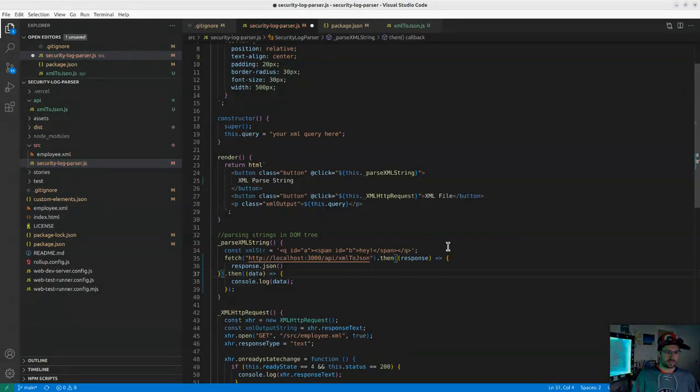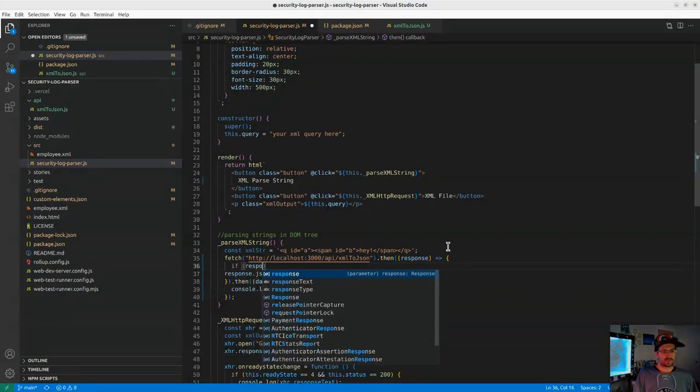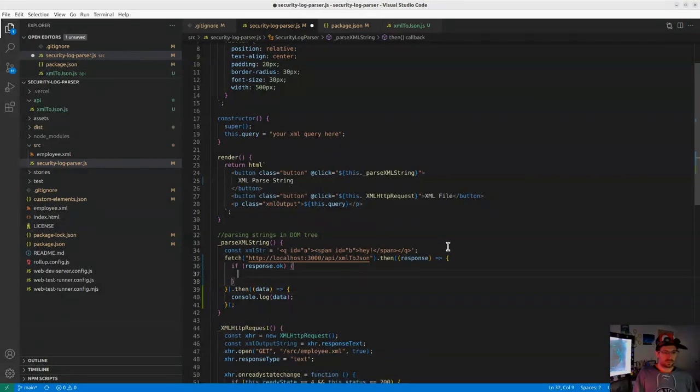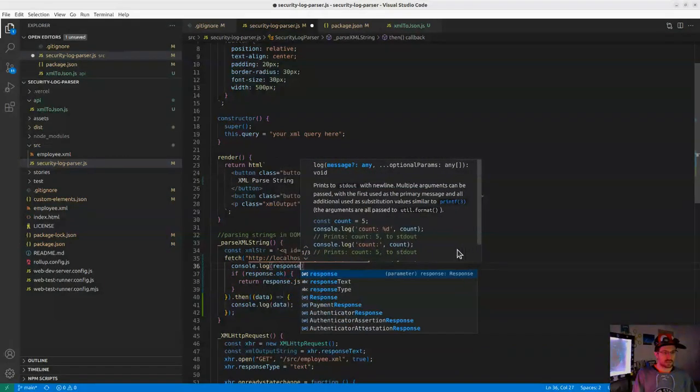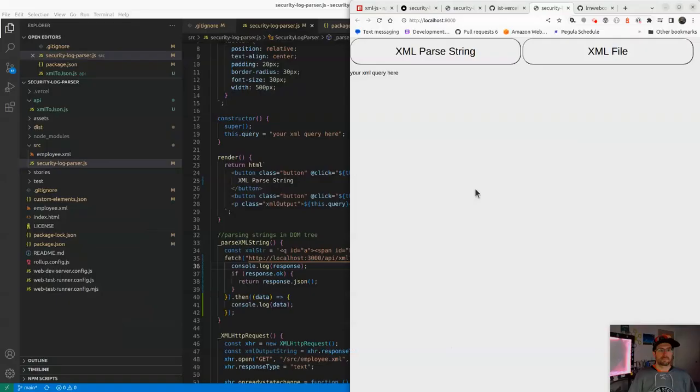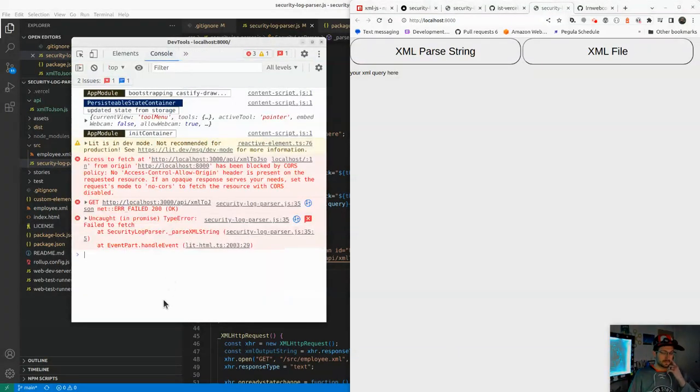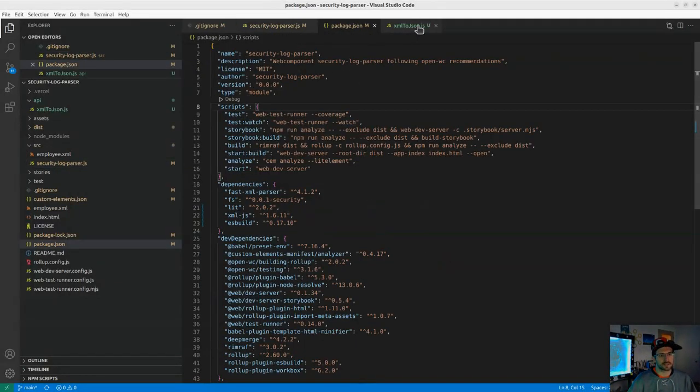We're doing shorthand. So do if response.ok, what we do is we return response.json. Now, this was claiming that it did something, so let's do console.log response. Move that over there. CORS error. No access control header. Got it. Okay, so that's obnoxious, but